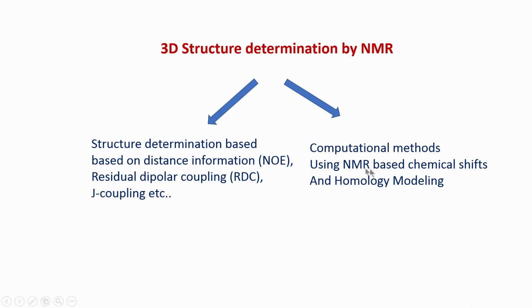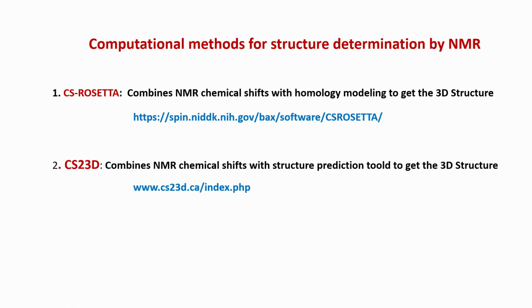So, this is an important point here: one should look at homology-based modeling if the structure is already known for a similar protein. There are different software tools. We will not go into all the details in this particular course, because this is quite involved in terms of the algorithms and methodology used. I just want to name two softwares which are popularly used.